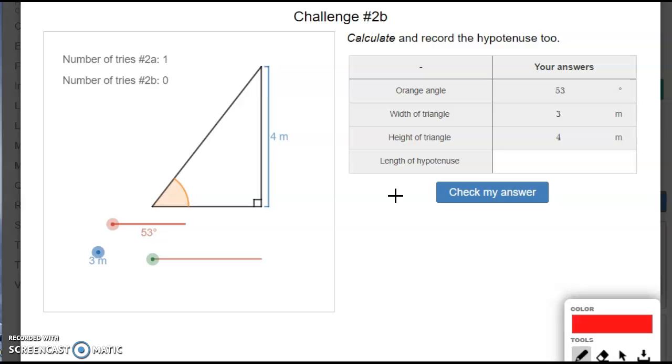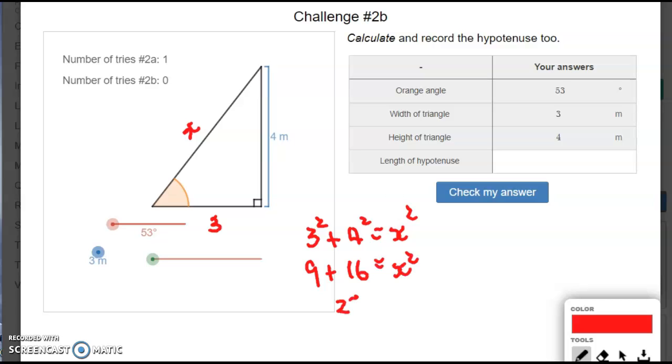So we know that this is 4, this is 3. If that is the case, then the hypotenuse, let's call that x. So 3 squared plus the other leg, 4 squared, is going to be hypotenuse squared. That's 9 plus 16 is equal to x squared. 9 plus 16 is 25, which is equal to x squared. So taking the square root of both sides, x is equal